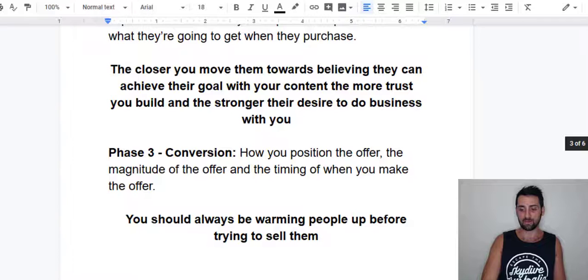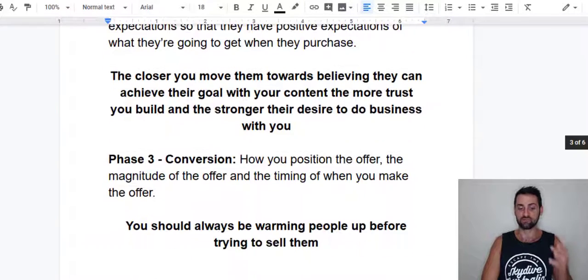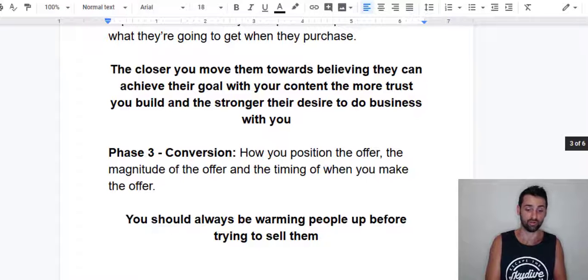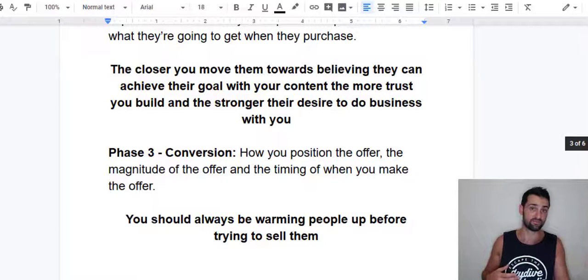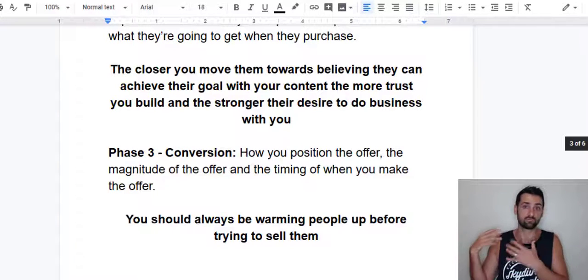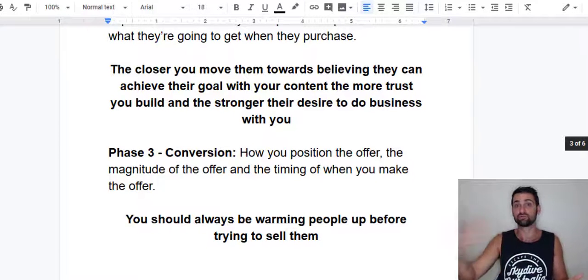You always want to be warming your customers up first with the pre-frame and the indoctrination before you offer them the product that you're actually promoting. So you might go through levels of what you're going to offer in different content. You need to be strategic about what you're offering and when. It depends on the piece of content that you're providing, whether it's worthy of you then recommending the product that you're promoting at that stage, or maybe offering a freebie first, or maybe just asking them to join your Facebook group where you provide content, and that's where you do the indoctrination, and then within the group you'd send them to the product that you're promoting.